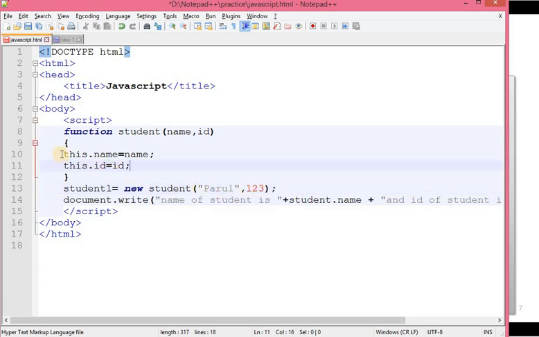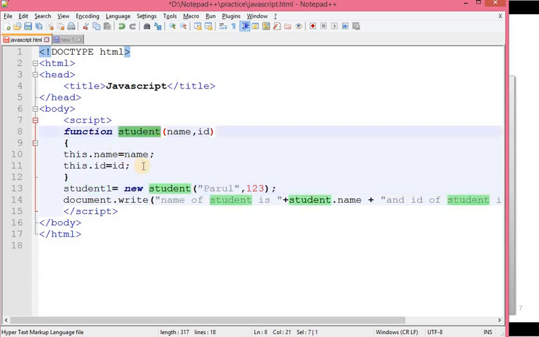Now very important in this is the this keyword. So whenever I type this.name, what will happen whenever I call this method? As I have mentioned, this is just cloning of an object. This is student, that is one object, and it is now also one object. So whenever I call this to create the object, the name and id properties are set for the object which calls this function.